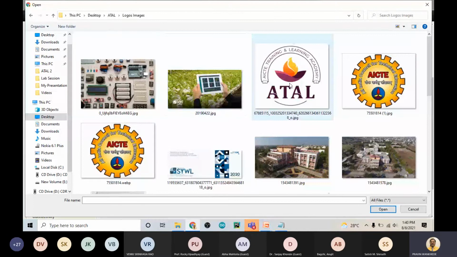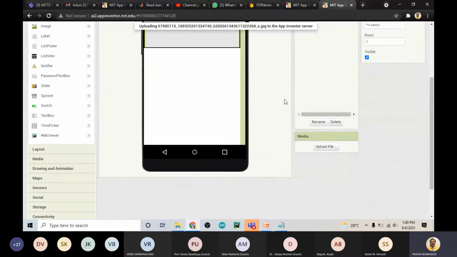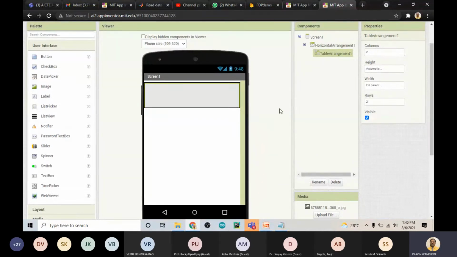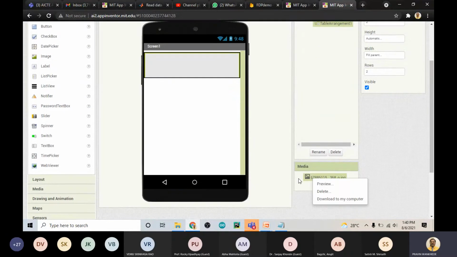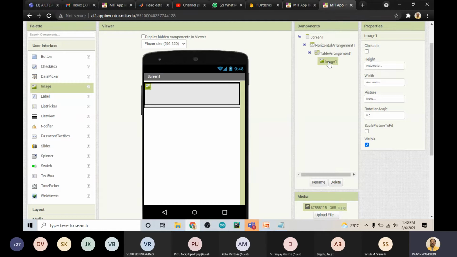Okay. So I'll pick the image from here, user interface. And I will go to a picture that I have already uploaded here.